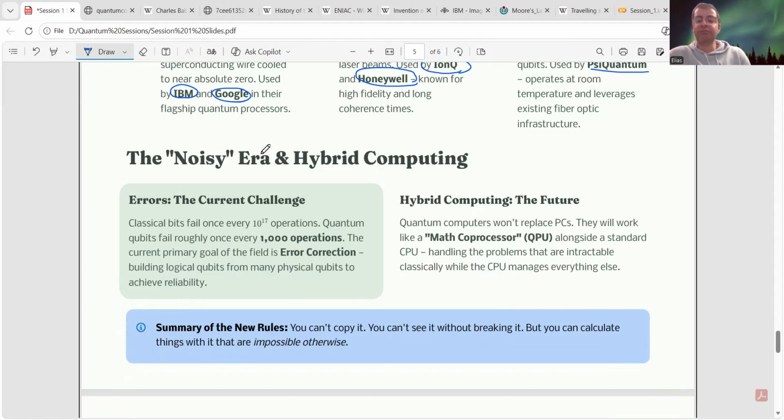But there are some tasks that classical computers are pretty much bad at, as we talked about. So we can offload those tasks that classical computers are not good at to the quantum computers and ask the classical computer to do the normal tasks that don't need the power of a quantum processor.